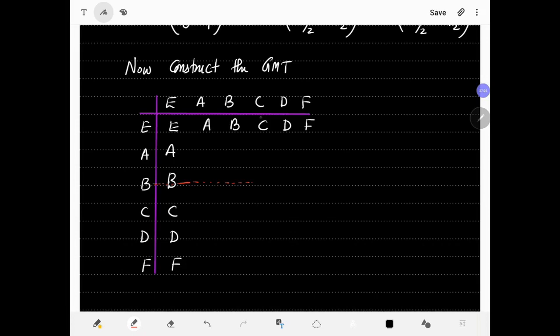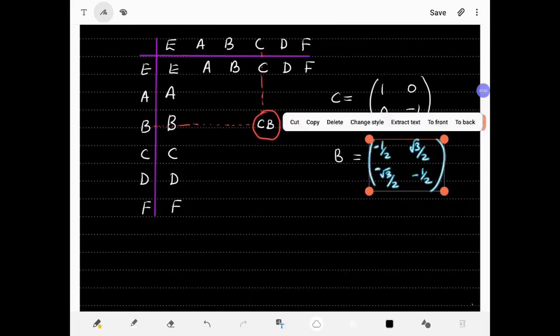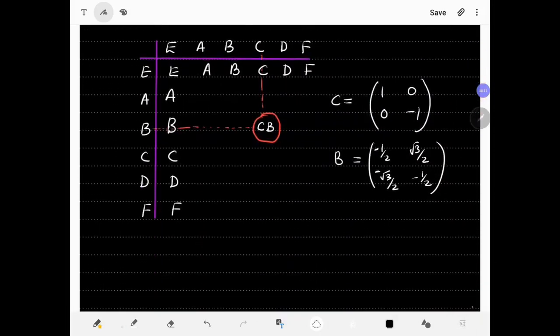Now, suppose I want to find out the combination of matrix C and B. So in our convention it is C multiplied by B. So C matrix is 1 0 0 minus 1. B matrix is this. Now we have to do almost 25 matrix multiplications, and it's not very easy to do that, but if we